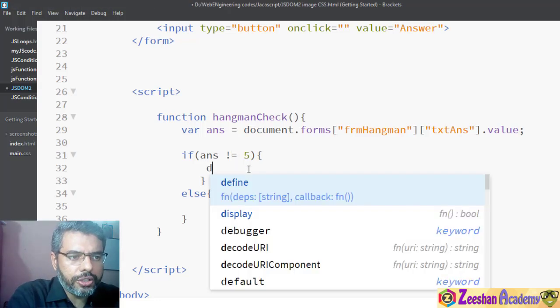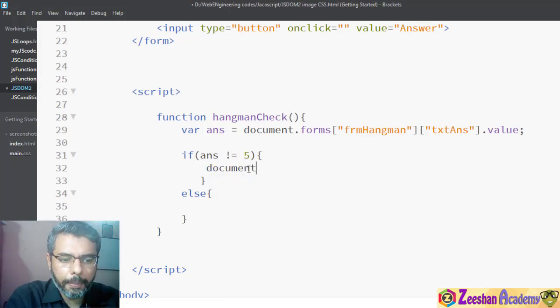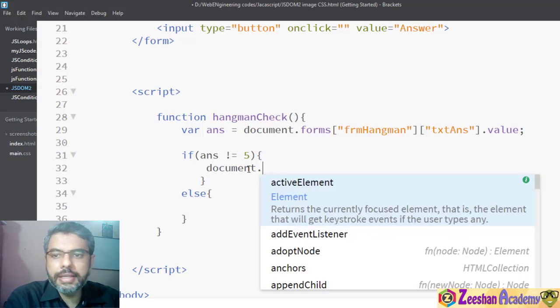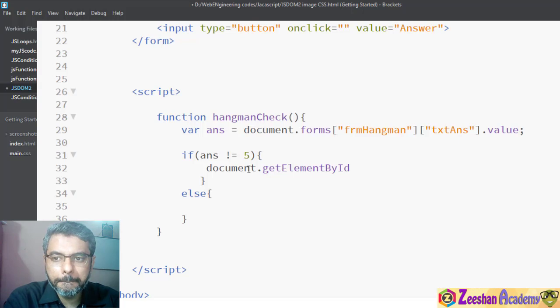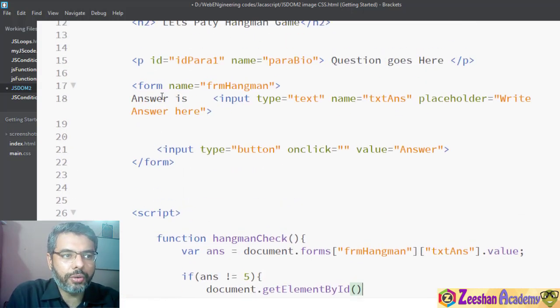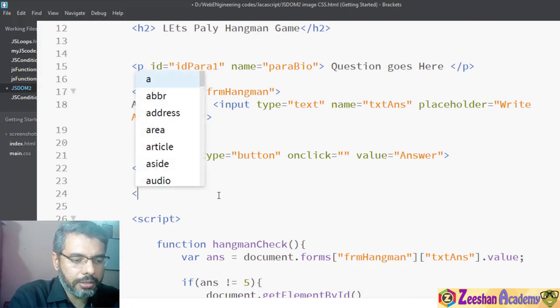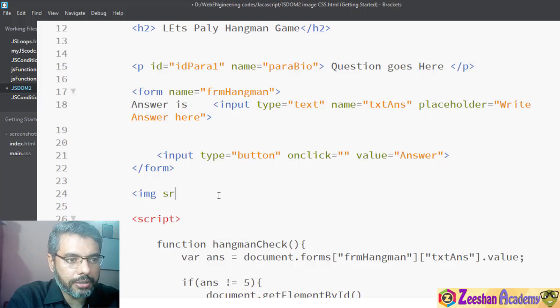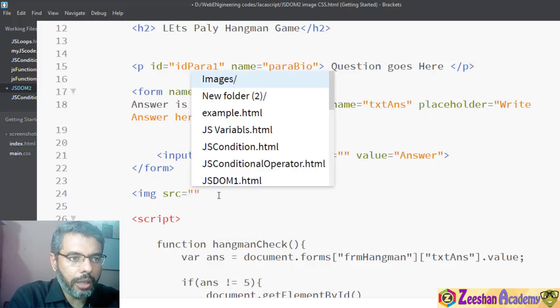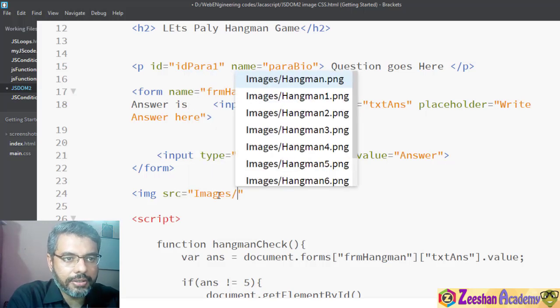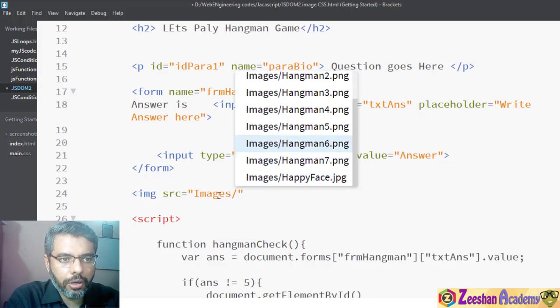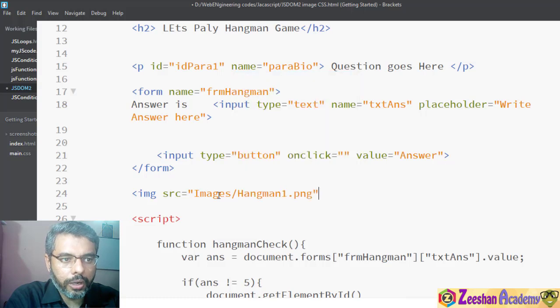So we say go inside document dot, and this time we again use the same thing, element by id. We want to access the image, but we have not put the image right now. So here I can say, in brackets, img src is equal to images, and within images let's have a happy face, or let's have one image.